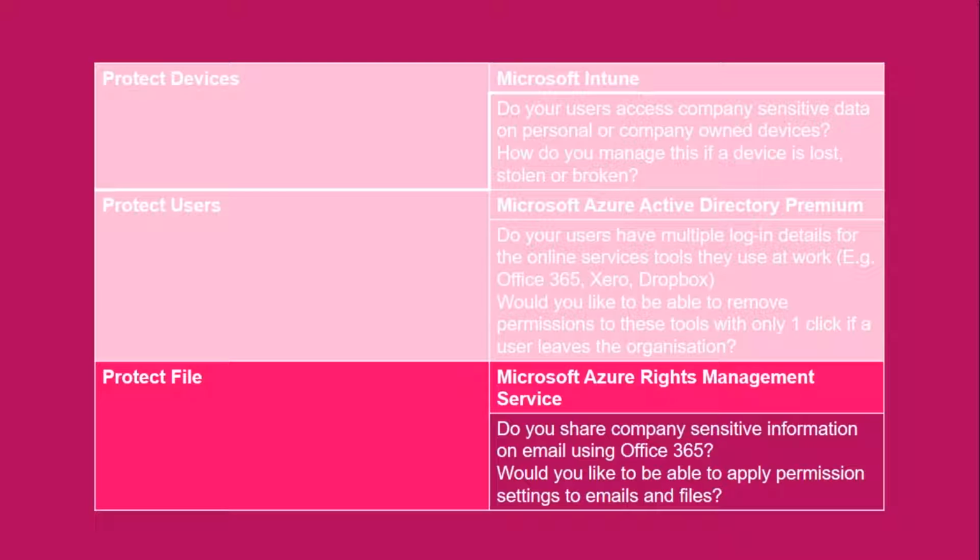But as you heard, it's three factors. It helps you protect the device, and it helps you protect the identity and the users, and then it helps you protect the file. But it's more important for us not to talk about Enterprise Mobility Suite, but actually speak to the people listening and say, these are the threats and the concerns that you should be thinking about. There are other tools available, but the main thing to think about is your data leaves your business and is in someone's pocket or in someone's tablet every day, and it's important that you have control of that data because it belongs to you as a business.